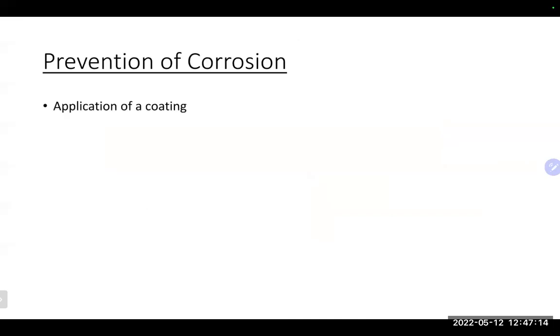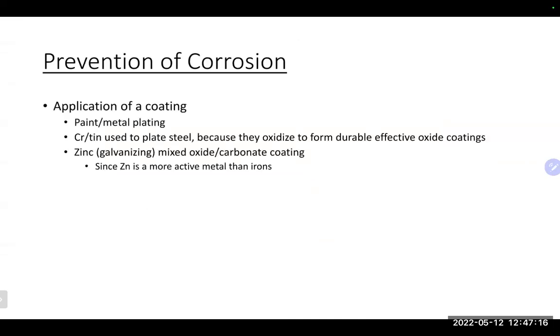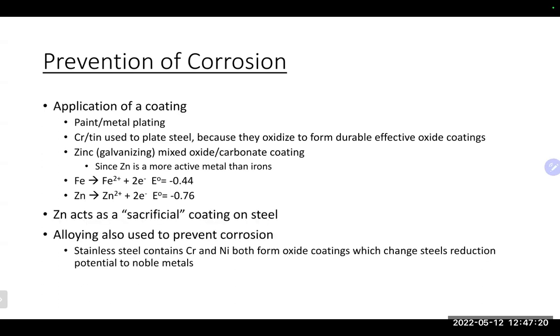But there is good news. You can prevent corrosion, right? And we can prevent corrosion in a few different ways. And just to end with a happy face, we'll go back to a happy face here by preventing corrosion. One way is you could obviously apply some type of coating over it, like paint. They sell Rust-Oleum paint, right? To prevent rusting. You could also do some type of plating. So chromium or tin can be used. You could also do some galvanizing,